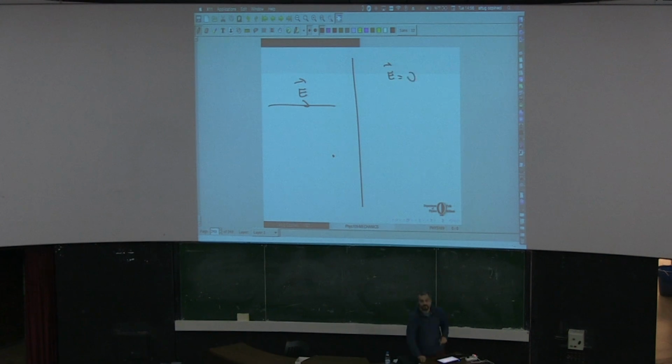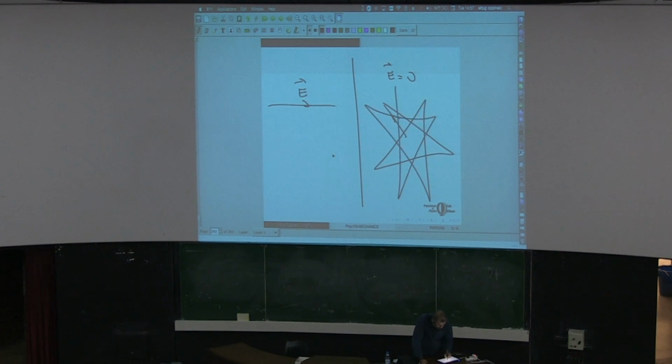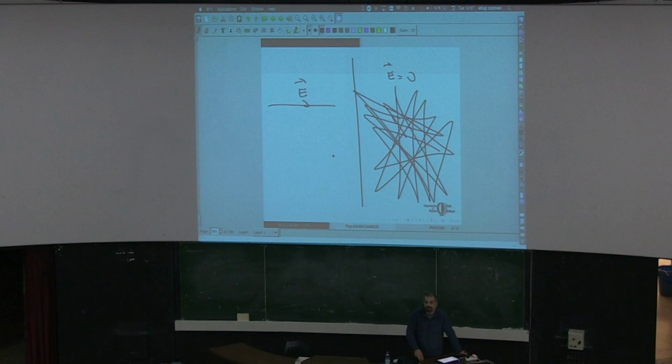So in the absence of the electric field, if you imagine a single electron, at some instant it will be moving in one direction, then it will hit something over there, and it will bounce back. It will just bounce back and forth. But on the average, it will just stay where it is. It will not move. It's just like if you imagine a bowling ball inside this room, you throw it fast, it will just hit the walls, and it will just stay here. It will not go anywhere.